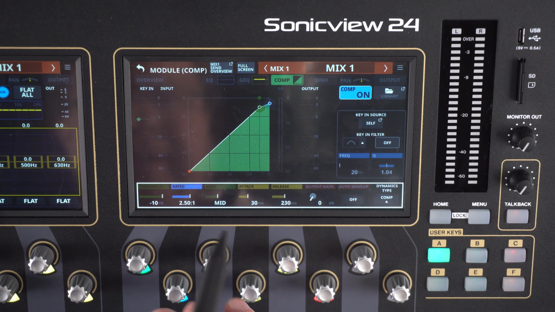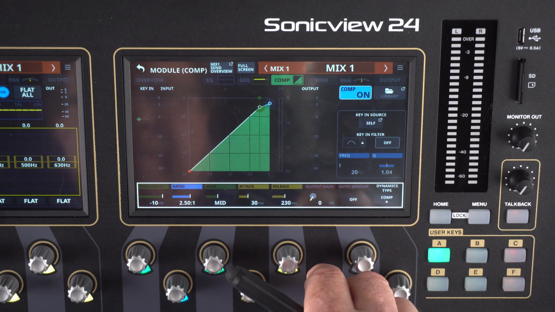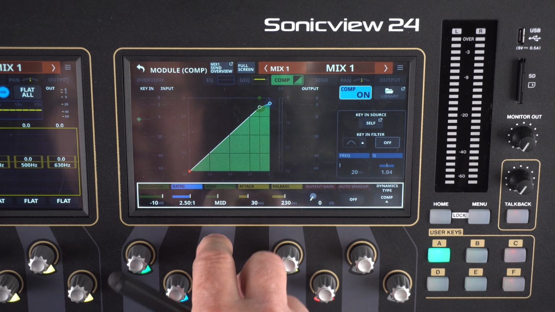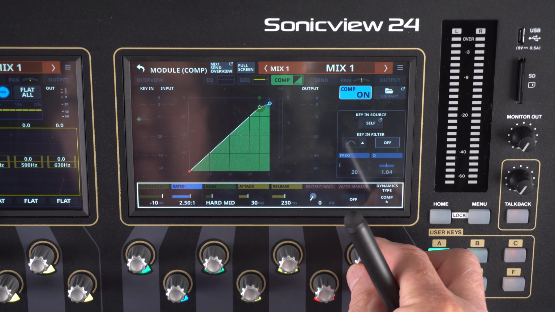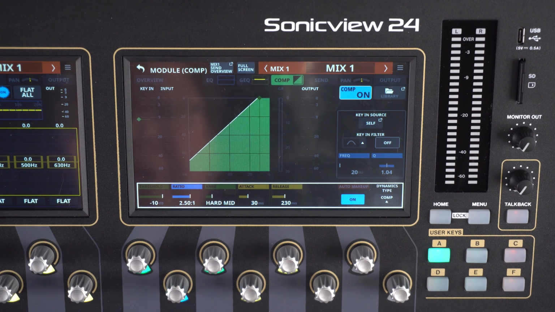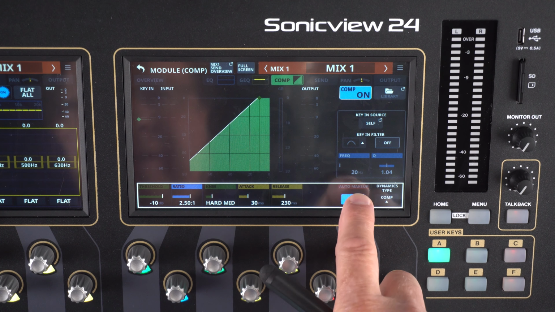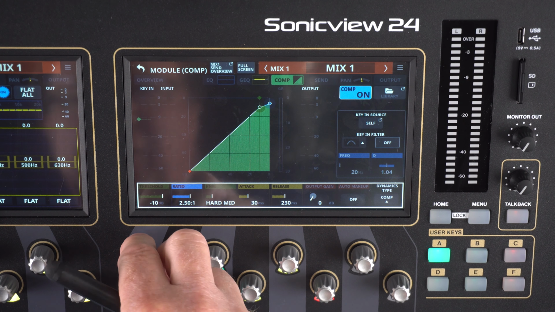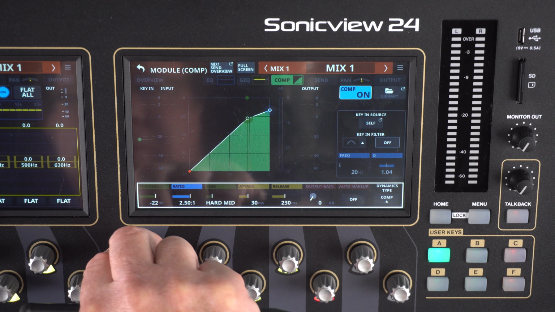The functions are exactly the same as the input. You have your input gains, your knee control, auto makeup can be turned on. Auto makeup makes up for the dB loss when you squash the signal in a decibel. It automatically calculates that and puts that in there. Change the threshold, things like that.